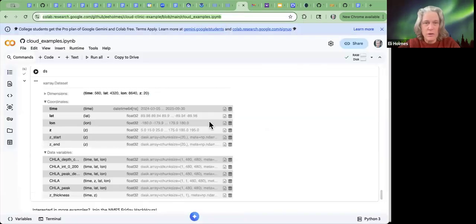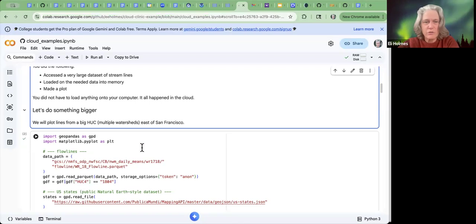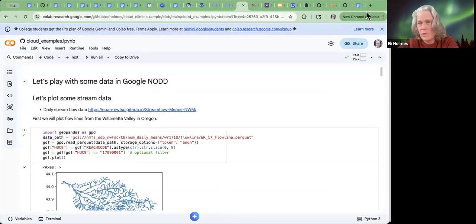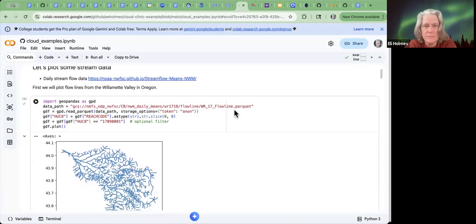Okay, so this is the URL. I'll stick it in. This is Python, but you won't have to write any code. I can use Colab here. It's a free service, and I point it to a file in GitHub and it'll just open it for me. You can use it for yours too. We use it for training and teaching all the time. All right, so if you hop onto here, what do you see? You can click here if you want to learn about this particular data set, the Streamflow data set.